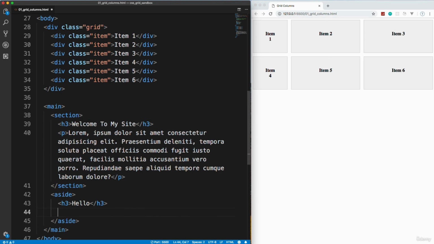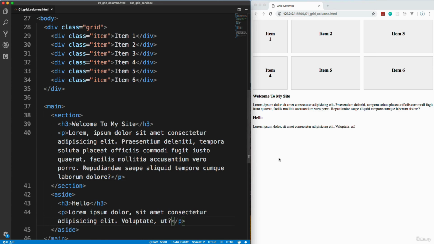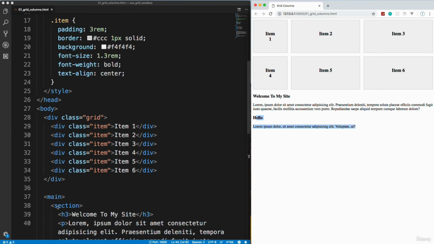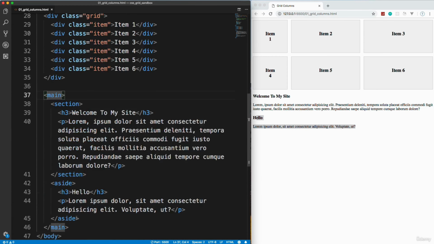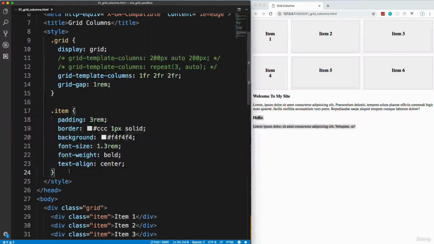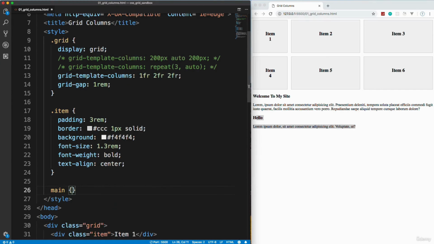We'll just say hello, and let's say lorem 10. Okay, so I'm going to save this, and we want this to be our sidebar, so we want this to be over here. So with the grid, we could take this main, because that's the parent of the section and the aside, and we could simply say